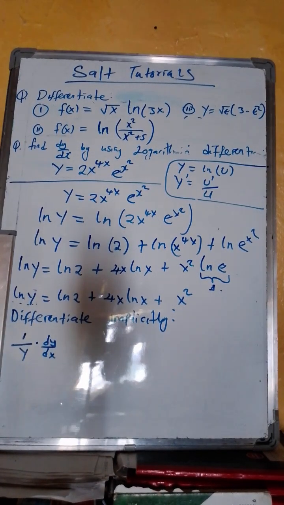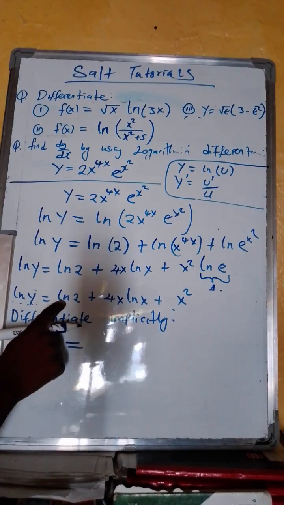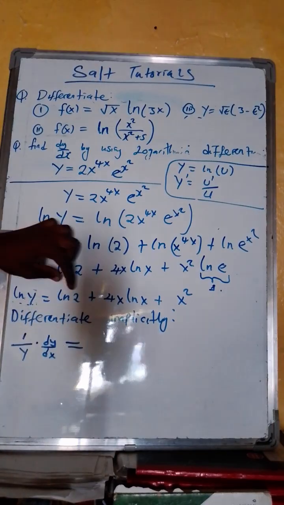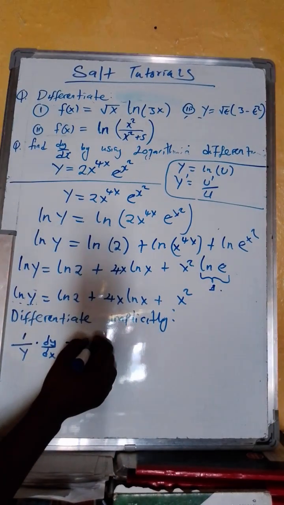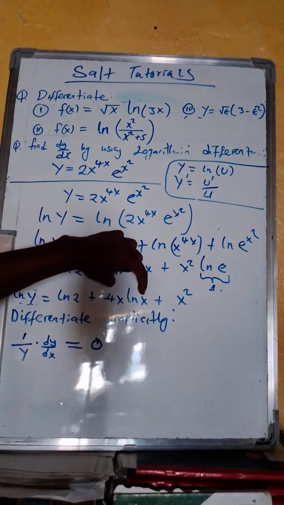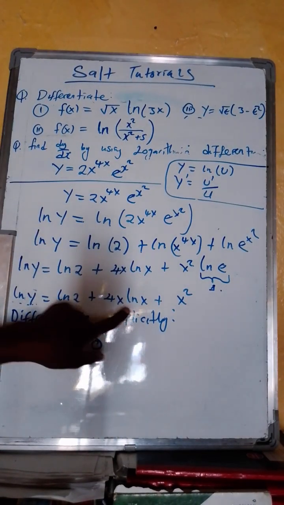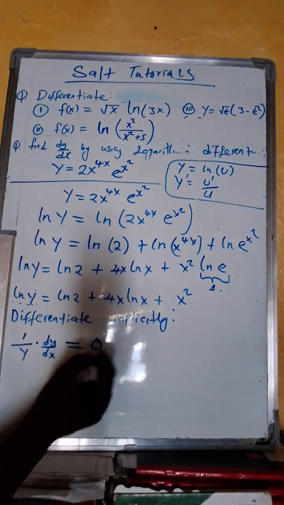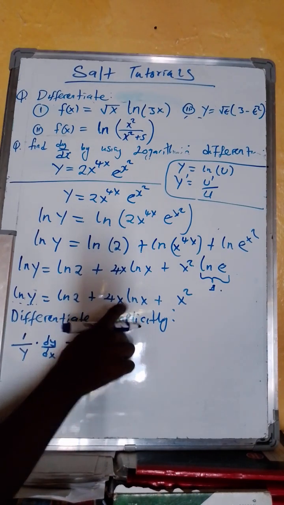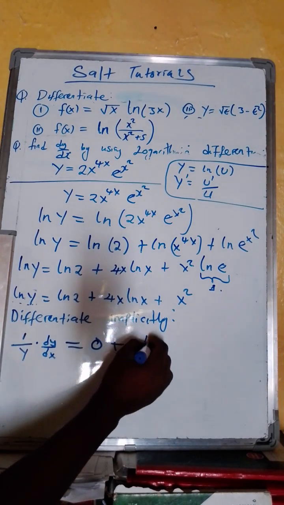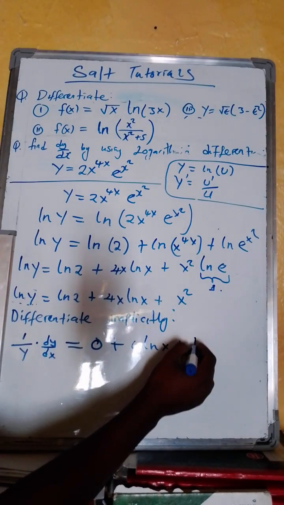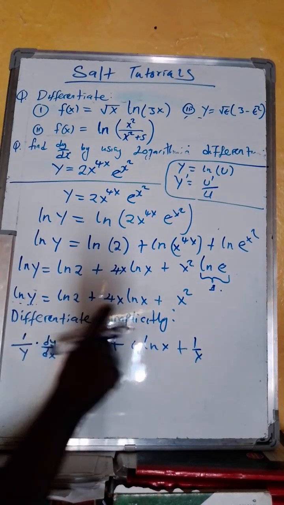to be equal to, this is a constant. There is no variable here. There is no x, there is no y. The derivative of a constant is 0. So this is a 0. This is a variable x, and it's a product rule. 4x multiplied by natural log of x. So we are using product rule here. So what am I going to have? The derivative of 4x is basically 4 multiplied by the natural log of x plus the derivative of natural log of x, which is 1 over x, multiplied by 4x